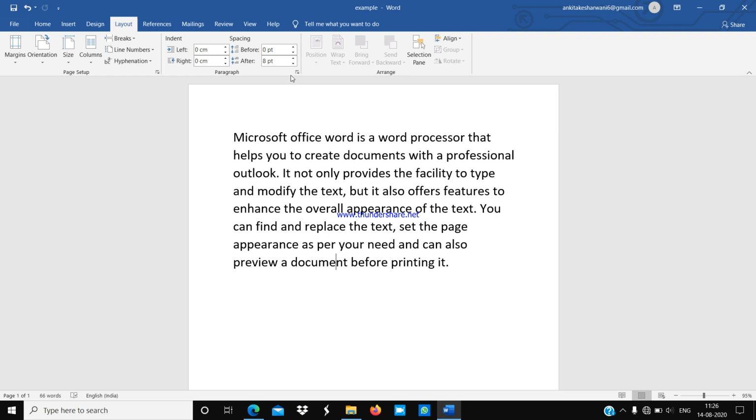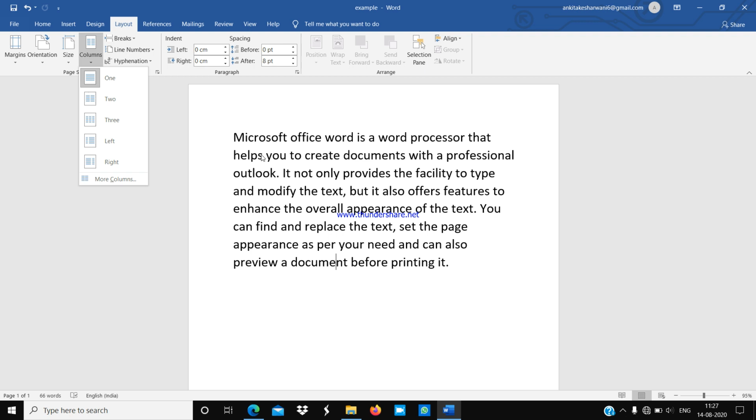Okay. So if I want to split this page into 2 or more columns, I have to click on this Columns option. You can see here, students, this is the Columns button. As I click on it, you can see a list of menu options will appear, 1, 2, 3. One column is already selected by default, so when we start writing, we write in a single column style or paragraph style.